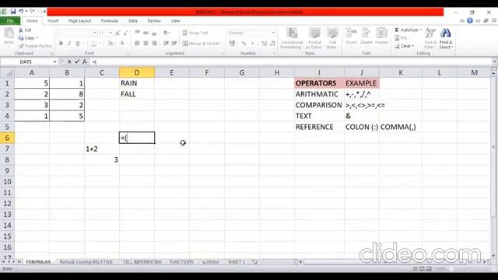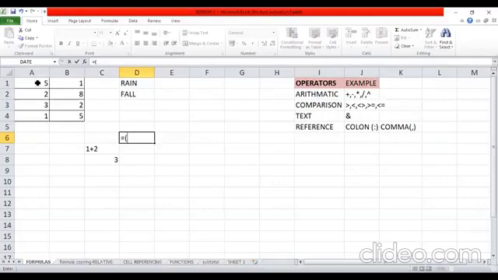Now, to insert this reference A1, I can type A1 through my keyboard, but usually whenever we are using cell references, we should avoid typing the address of the cell. Instead, in Excel, there is a very simple way of inserting cell references.